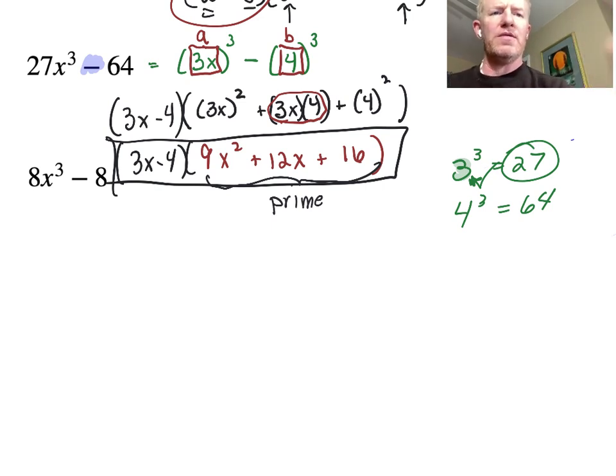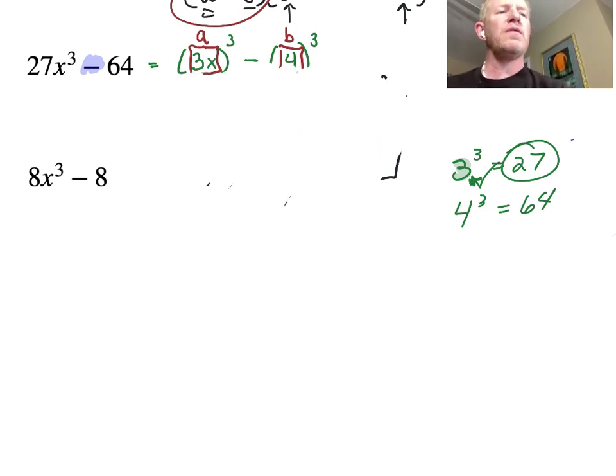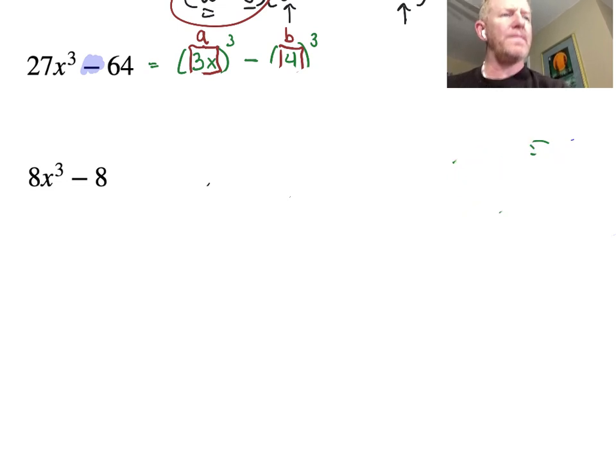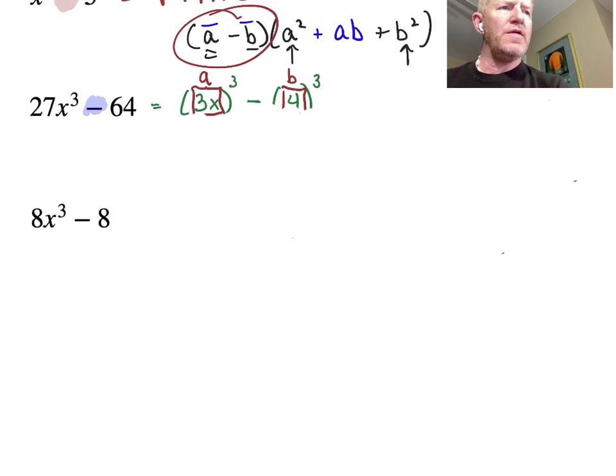Let's look at our last one. Let's get rid of some of this if we can. Get rid of this junk over here. There we go. All right, so here's our problem. We've got 8x cubed minus 8. Let's go through all our progressions now. The first thing we have to